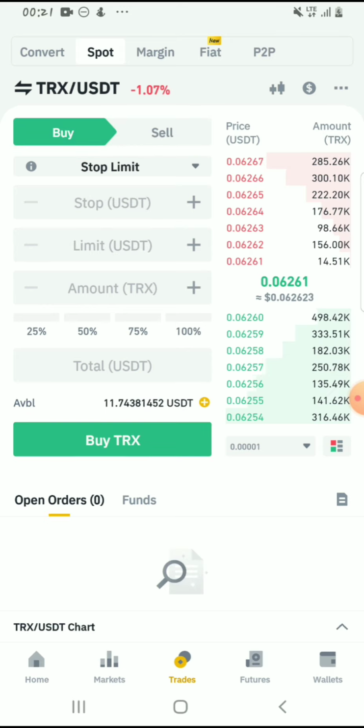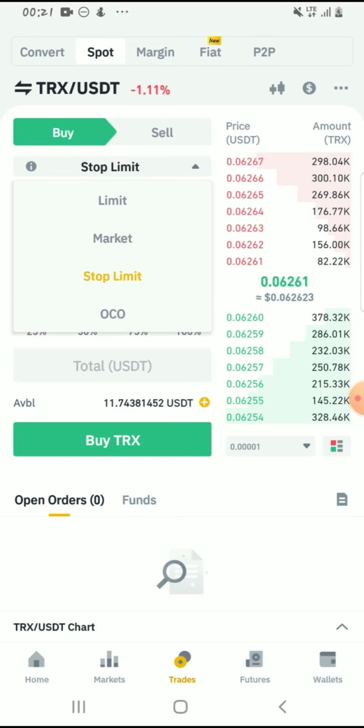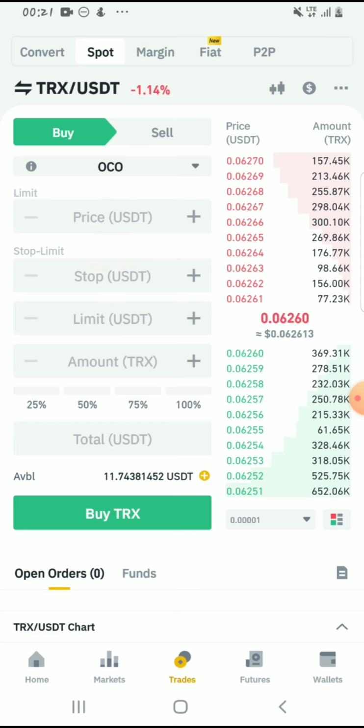So we are going to move over to the next one, which is the OCO order, one cancels the other. This is a two-way if statement. It's quite complex, but it's very, very simple. There's nothing too difficult about it. So the OCO order, here it goes. First of all, this order is very